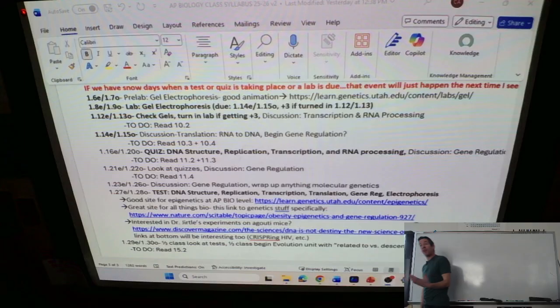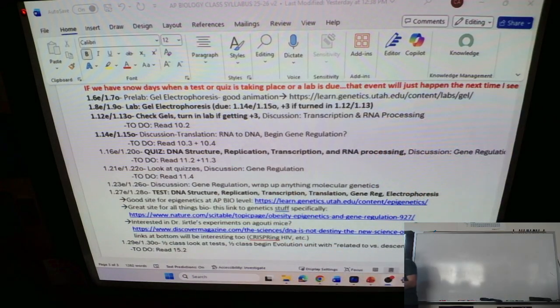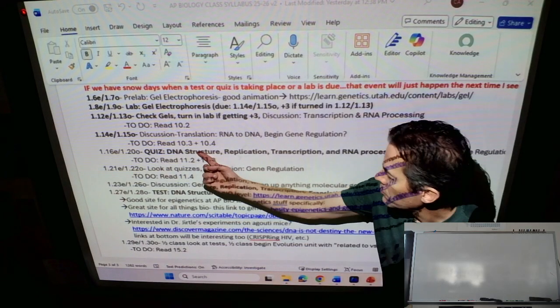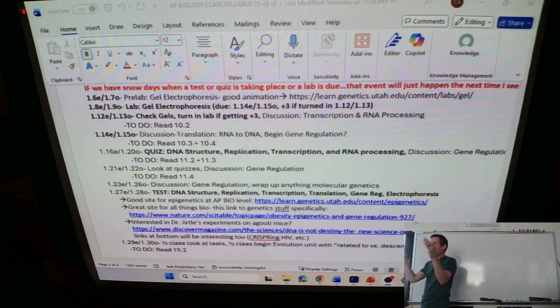As far as what's fair game on the quiz and the style, it's 10 questions. DNA structure: A's go with T's, G's go with C's, why's that, anti-parallel, all those kinds of things. DNA structure matters, and so does replication. We did that right before break. That was unzipping DNA with helicase, having primase put down primers, and having DNA polymerase 3 come in and put down new bases.